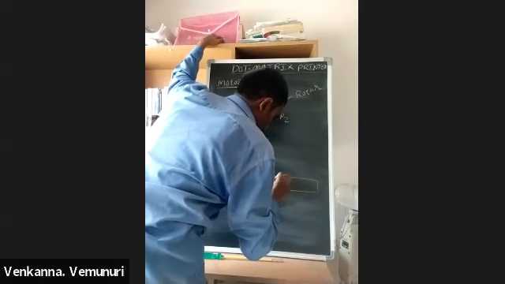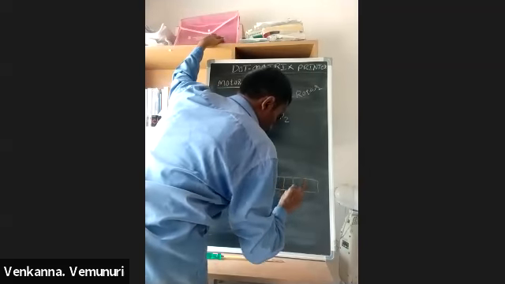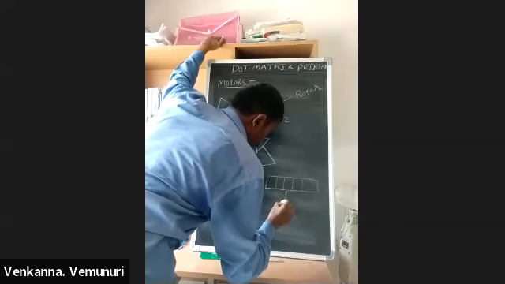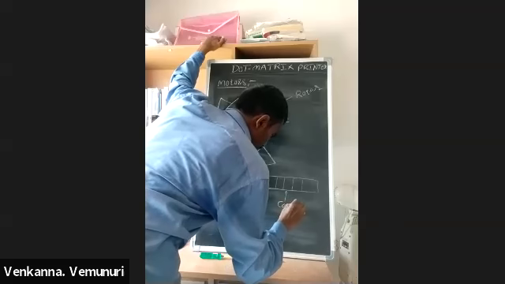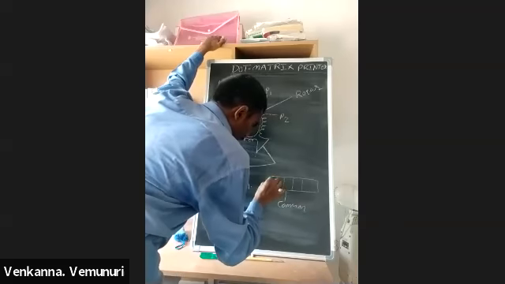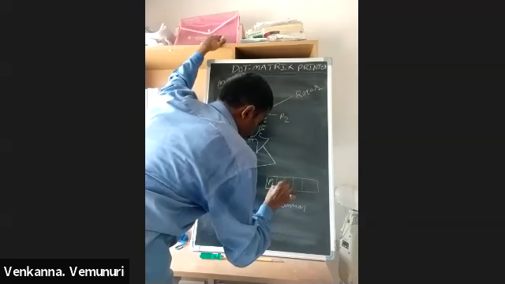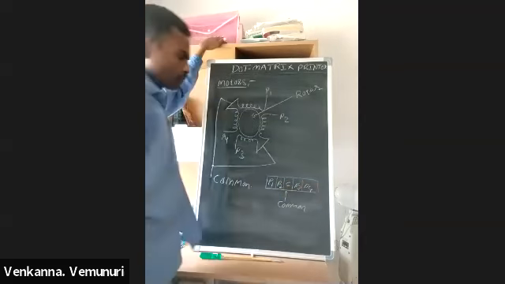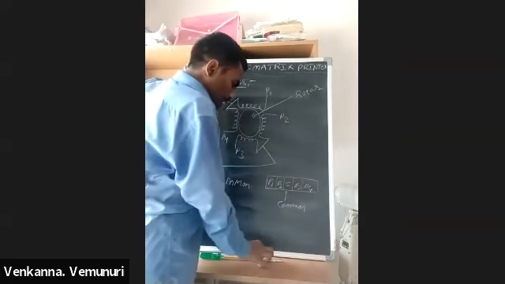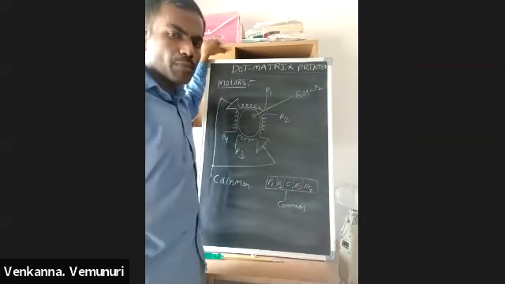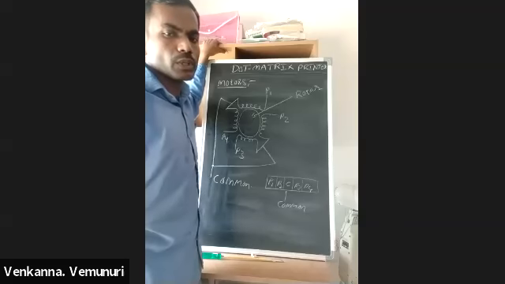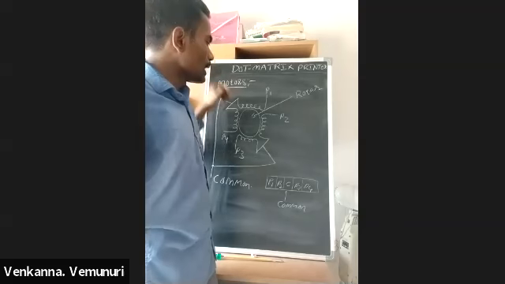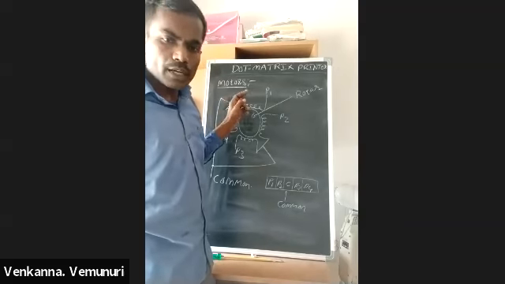In this, 1, 2, 3, 4, 5. The middle one is common. And this is P1, P2, common, P3, P4. Now you are suspecting the motor is not rotating properly and it is creating a humming sound. If it is creating a humming sound, maybe 1 or 2 coils are damaged.